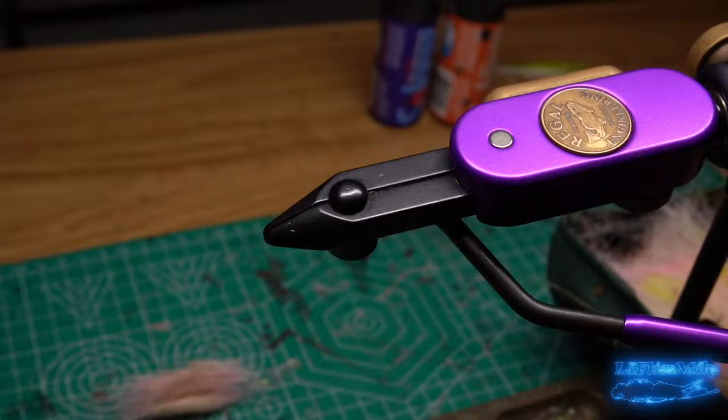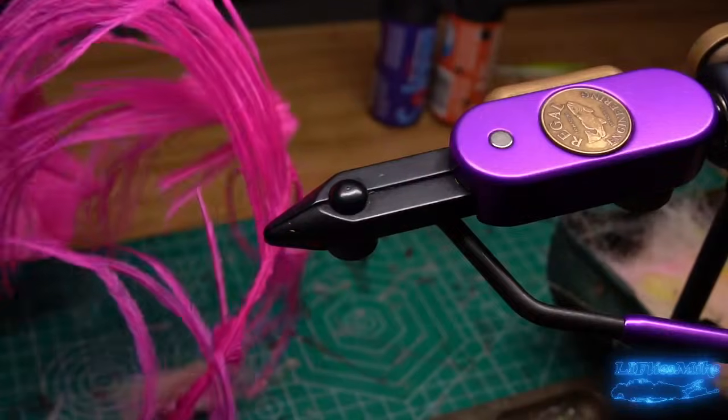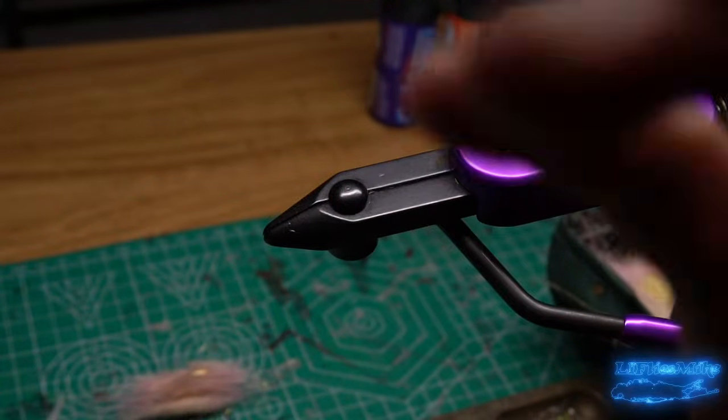Yeah, let's do feathers for this. Something like that, I suppose. Some sort of thinner feather. And for the ostrich herl, I don't really have any white, unfortunately. So we're just going to use this fluorescent bright pink, but this is some really nice ostrich herl I have here. I can't even show you the entire, let me zoom out, but